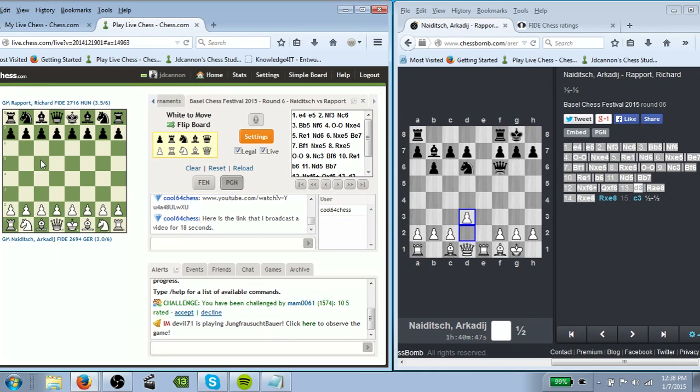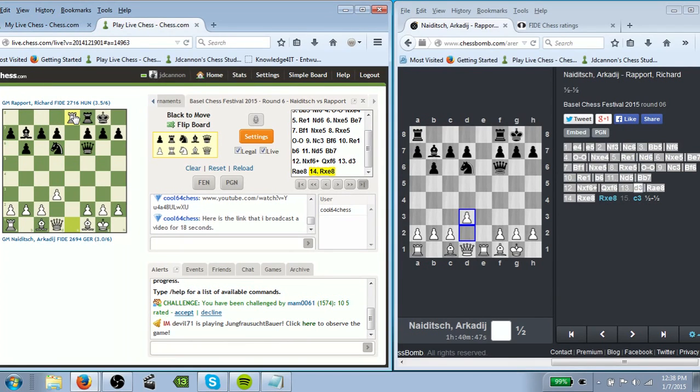And then usually when you put in a PGN, it automatically takes you back to the beginning. But you can just hit this and go directly to the end, and it will have made the correct move for you. Now, one thing to keep in mind when you're trying to paste a PGN from ChessBomb,